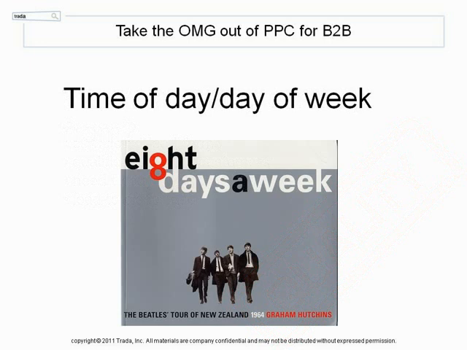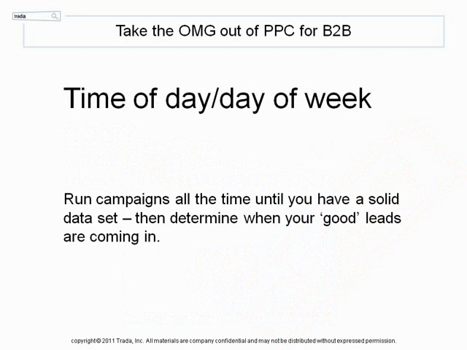The time of day your conversions are generated can greatly predict lead quality. If your customers are business professionals, are they likely to be clicking around at 3 a.m.? You'll get the odd good lead at 3 a.m. because someone had too much coffee, but is it worth paying for all the duds that come in around that time? The best way to find out when all of the quality leads are generated is to run a campaign at all hours on all days until you have a good data set, and then run the numbers.